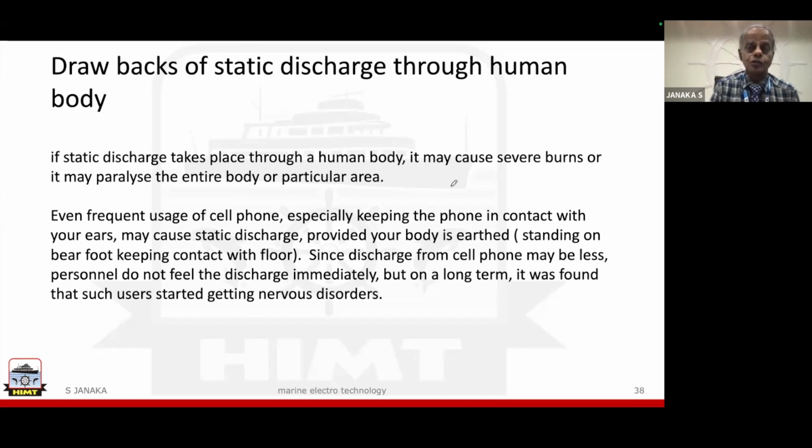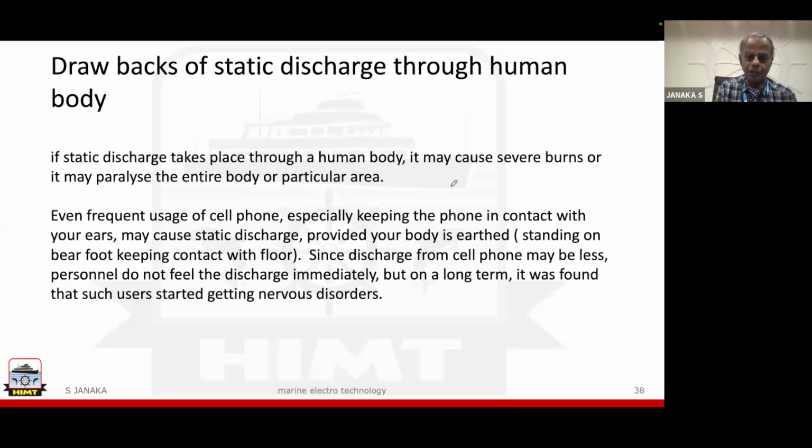And you've got that insulating cover on the cell phone. Normally, this antenna will not discharge. The charge will still remain. But you are providing an earthing connection by keeping it near your ear and body touching the ground. So this antenna charge will pass through your body to the ground. Initially, people may not feel this discharge because it will be very, very minor. But with continuous usage, slowly your nervous system will get